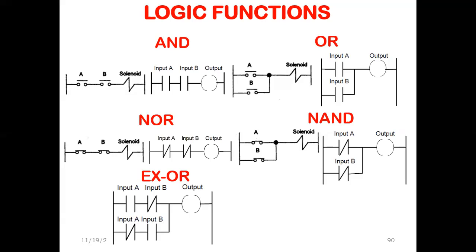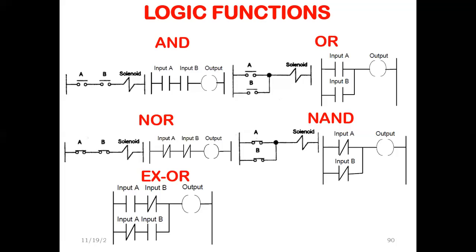First, AND logic is done by normally open switches, input A and input B. If both input A and input B are enabled, then only the output will be enabled. In OR logic, if any one of the inputs is enabled, the output will be enabled. In a NOR gate, if both the inputs are 0, then only the output will be there. In a NAND gate, if any one of the inputs is 0, the output will be there, because here they are using the normally